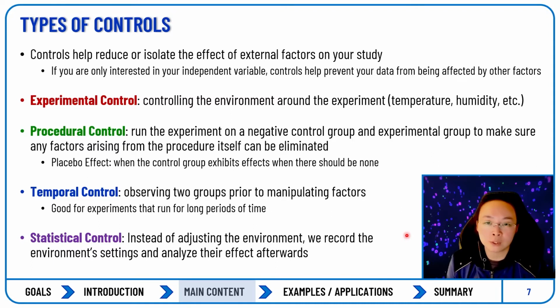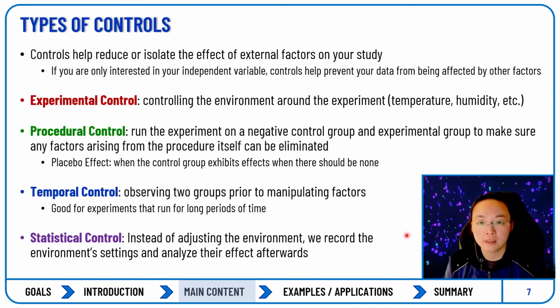Temporal control is usually very important when you're observing two groups prior to manipulating factors. If you have an experiment planned and it's going to go on for a very long time, you don't really know how time is going to affect your data set or your experiment. So sometimes it's good to let the experiment run for the first, let's say, few minutes or a few hours or even a few days, depending on what you're looking at. So let it run for some time, make observations to see if time affects it at all due to certain factors. And then you can start taking measurements and making your modifications to your